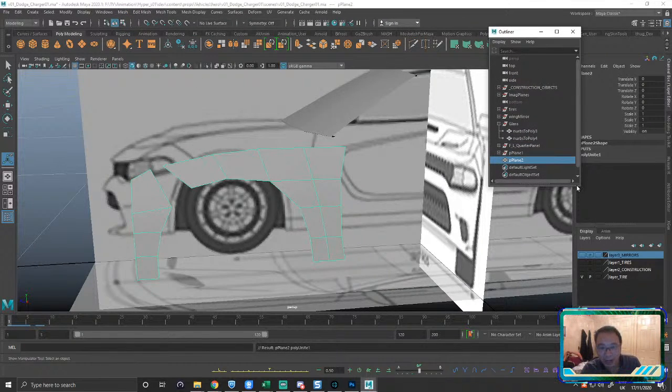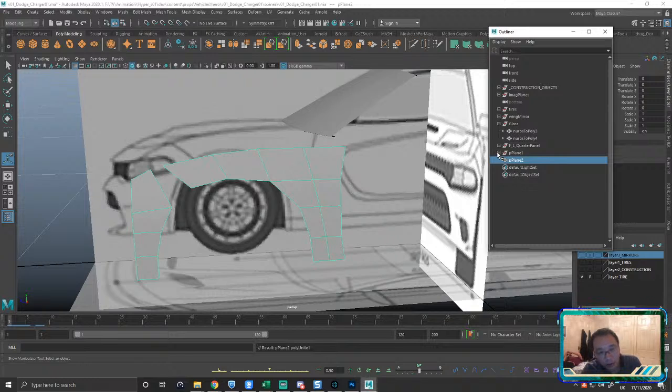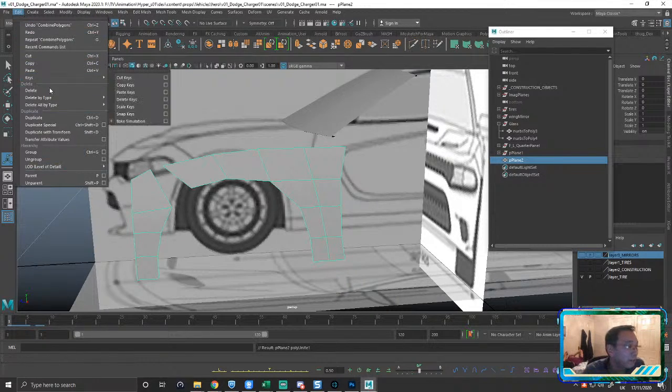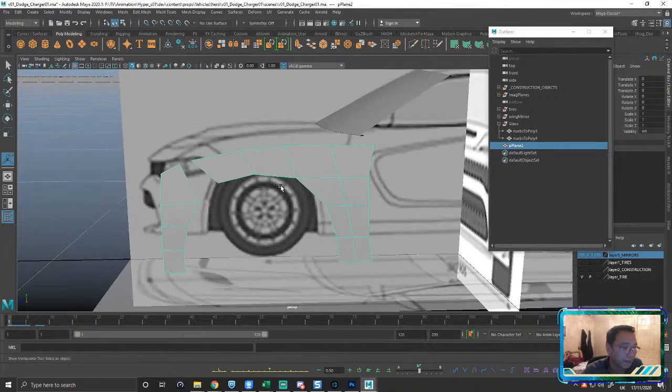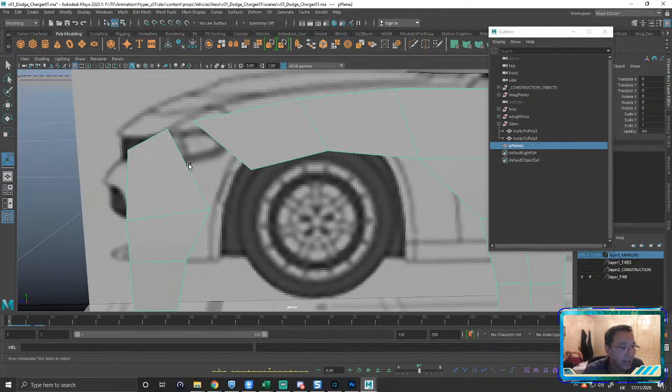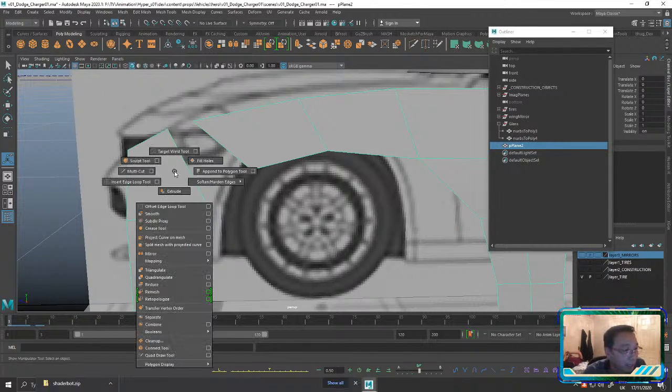But the minute I do that, Maya also creates a transform group node just to remember where those objects were originally, in case you change your mind. So Maya's doing this to catch your back a little bit. But you can go through and edit, delete by type, history, and modify freeze transformations again. And then that's gone. You just have that one plane, right? So I'm going to come over here, and whilst in object mode, I'm going to shift right click and go to my append to polygon tool.